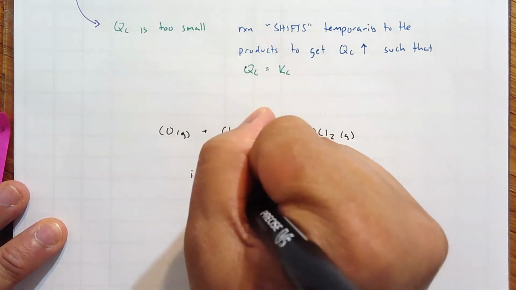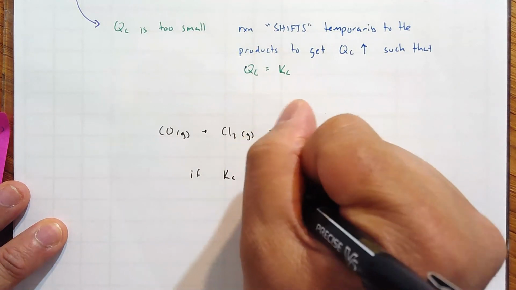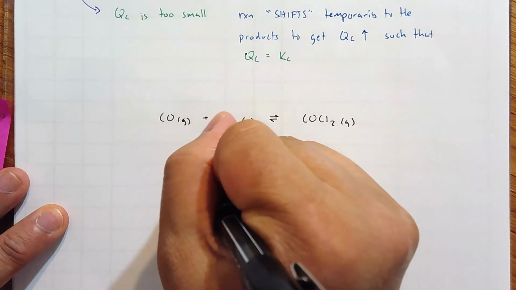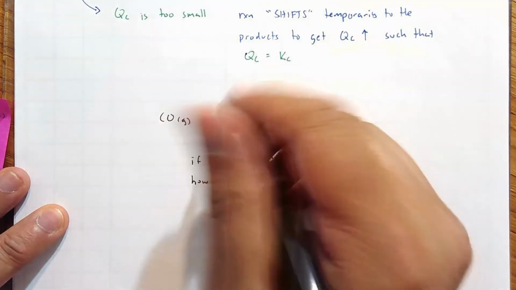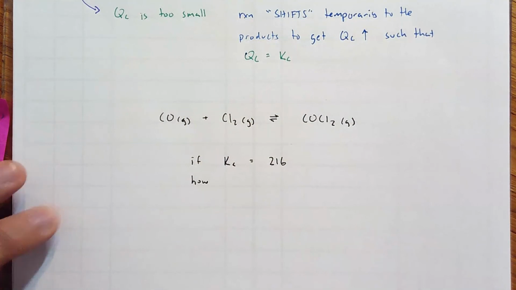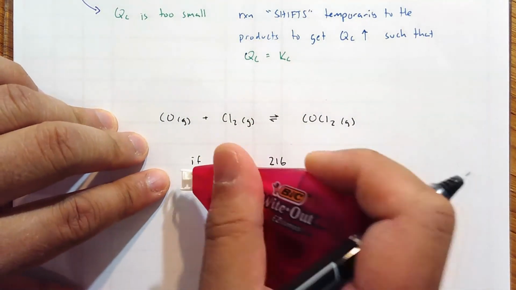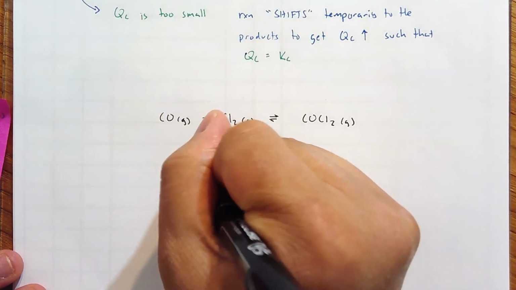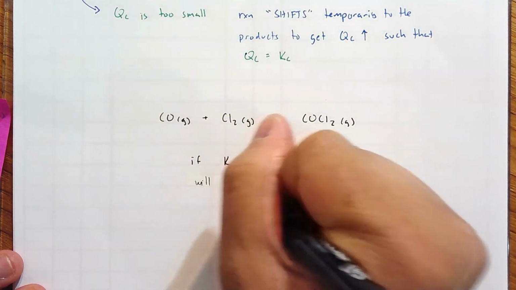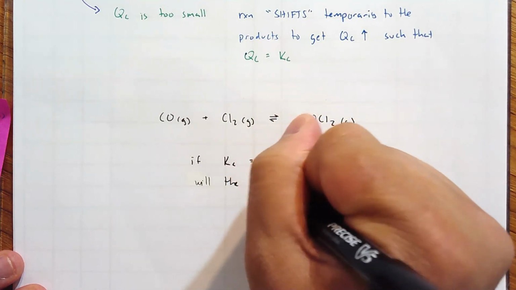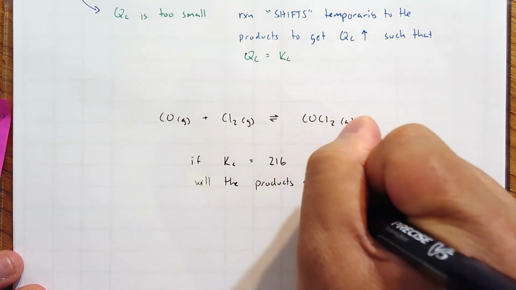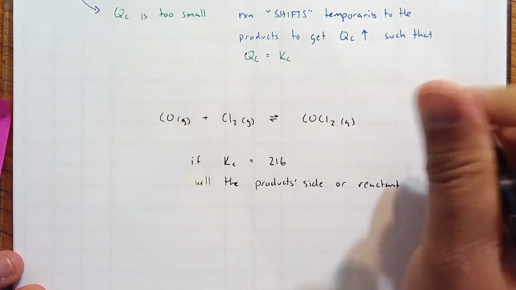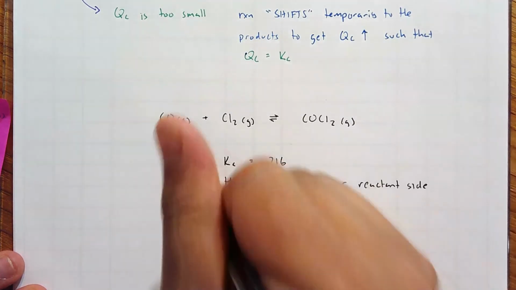If the equilibrium constant at a certain temperature equals 216, let's say which side is favored. Will the product side or reactant side be favored